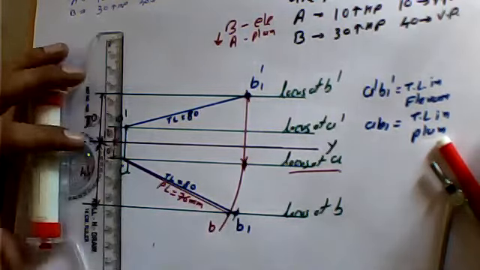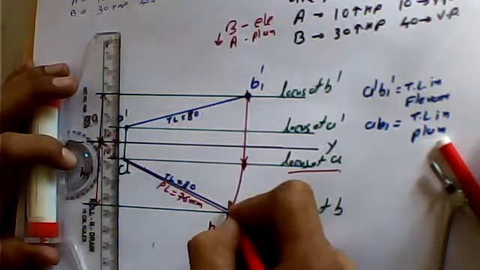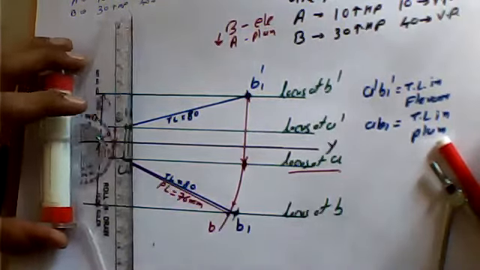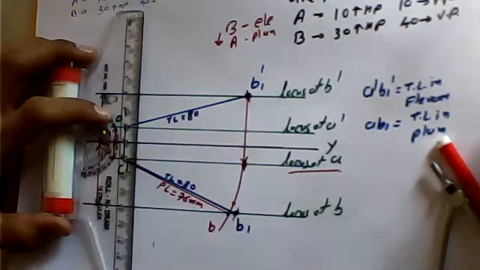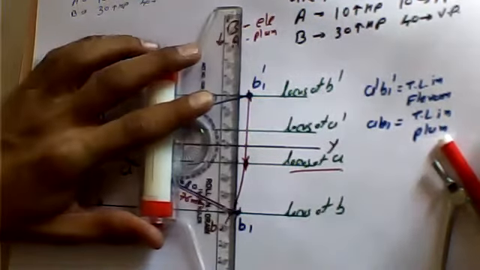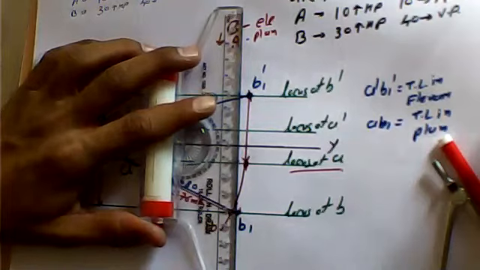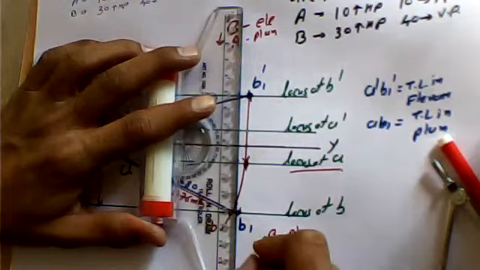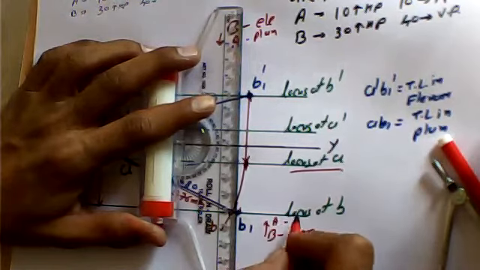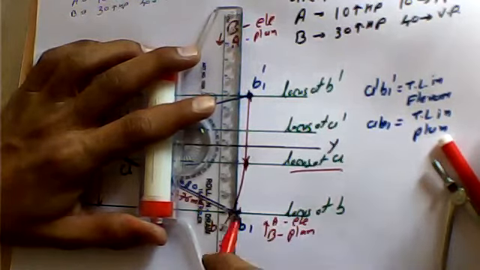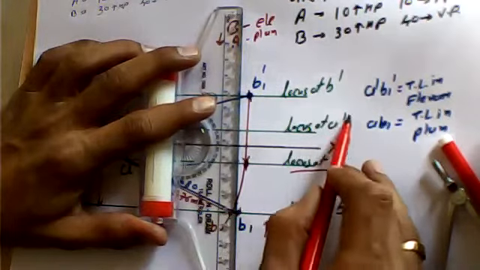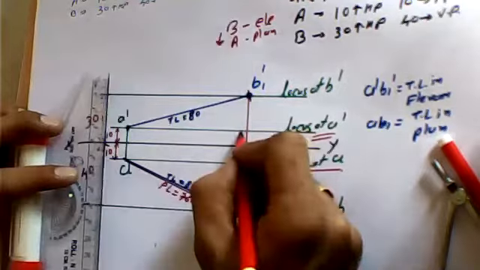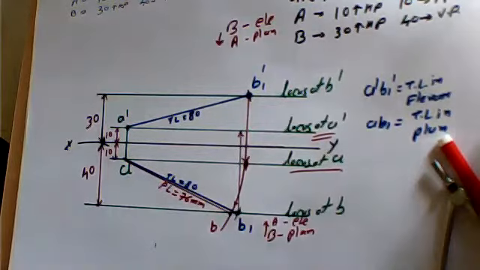Now we have to go for same drafting criteria from the top view. Top view में जो true length है वहाँ से हमें start करना है. So we need to go for this one. B1 पे चले जाइए. B1 is indicating B in plan. वहाँ से straight line construct करना है. कहाँ तक जाएगा? A in elevation तक जाएगा. So what is A in elevation? It is locus of A dash. So I am drafting a line which is going up to A in elevation, up to A dash.